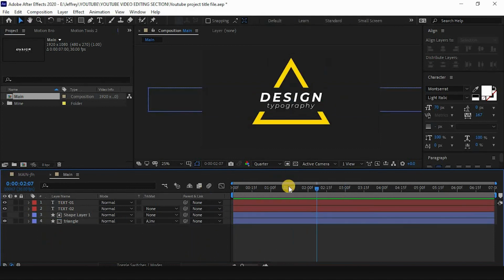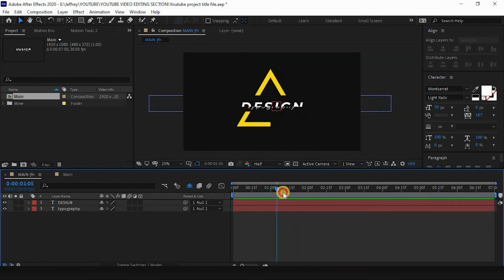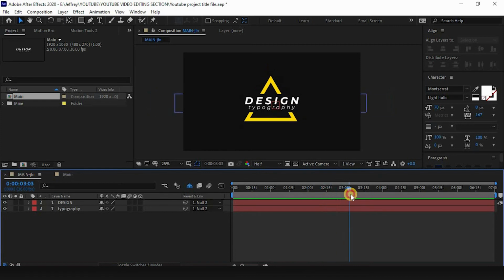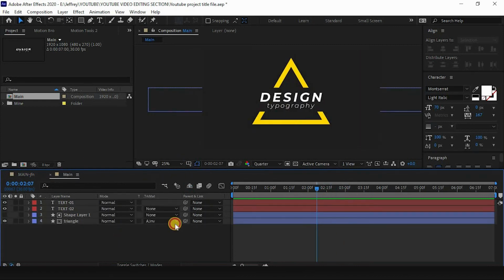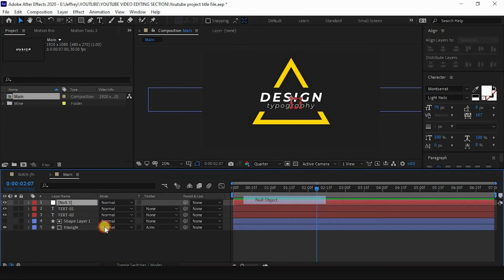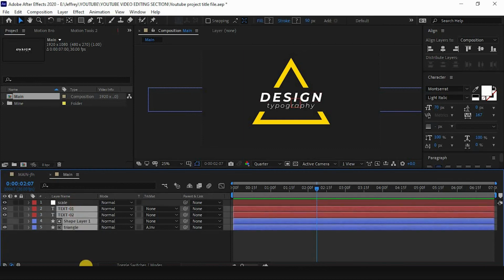So now you can see that once the animation ends over here, this thing just scales down, which you see right over there. That's a kind of cool effect. So what I'll do is add a null object to it. I'm just going to name it Scale, so it's going to scale everything. I'll select all the layers, and